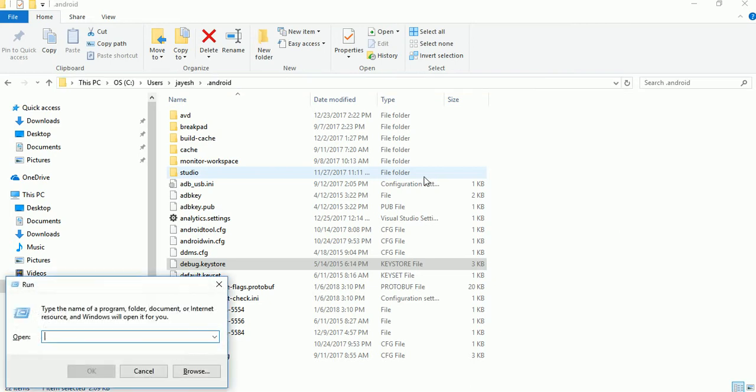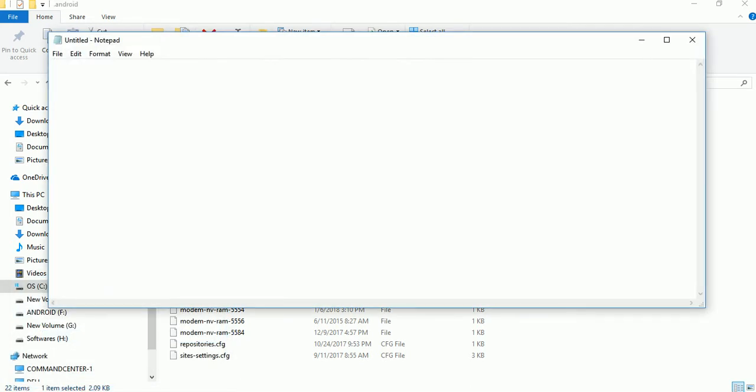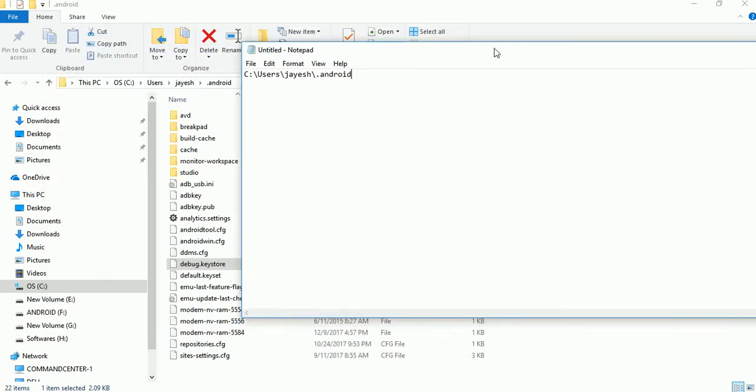So let's open a notepad file. I will copy this path for our reference, and the complete path of debug.keystore is c:\users\Jayesh\.android\debug.keystore. So this is the path, and once you find the path, you have to take the help of Java's